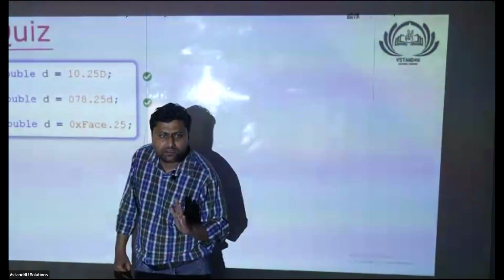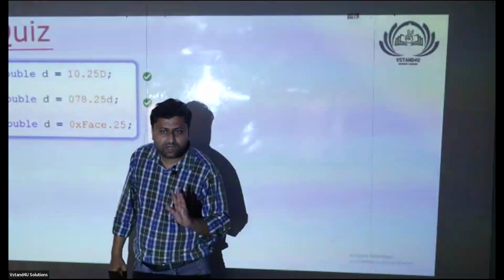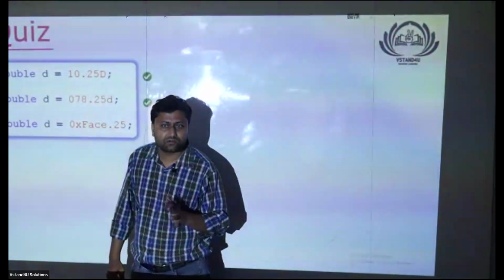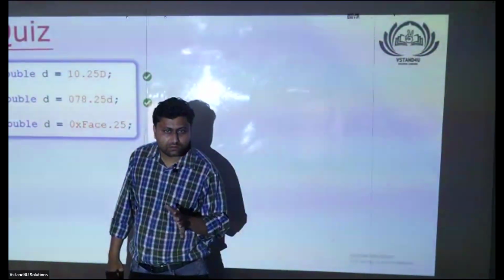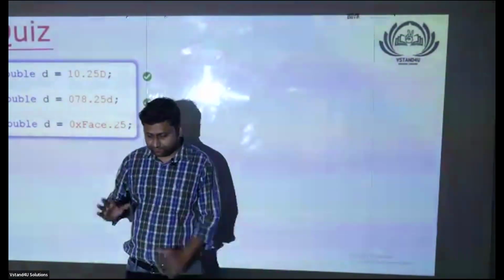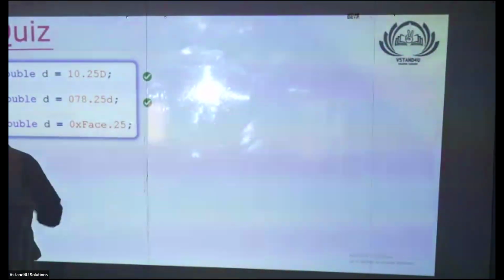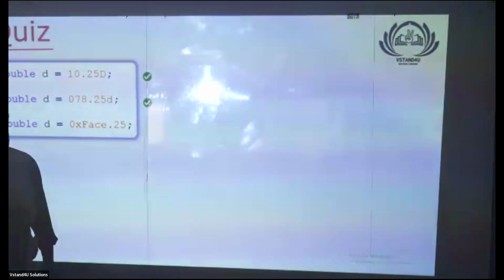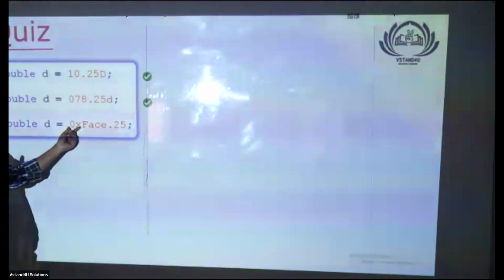Are you getting my point? Yes or no? Your confidence is not there. The funda is simple and straight, remember one thing. A number which does not have a decimal, then we can represent it as octal or hexadecimal apart from decimal. Agree? But a number which has a decimal, only one format is supported, decimal. Everybody, am I clear? In that case, octal representation and hexadecimal representation are not there.